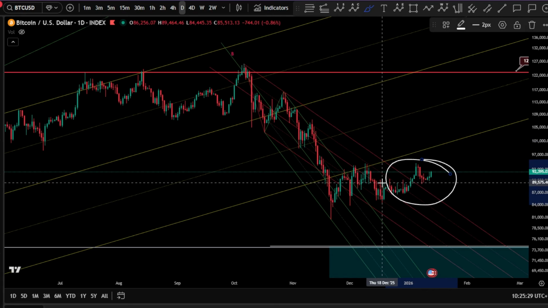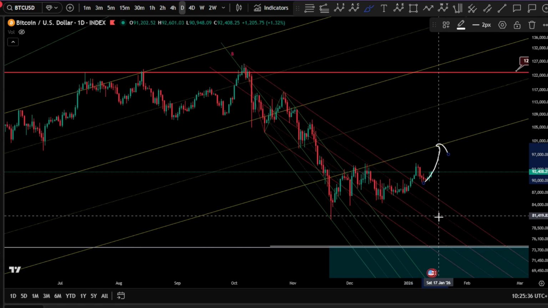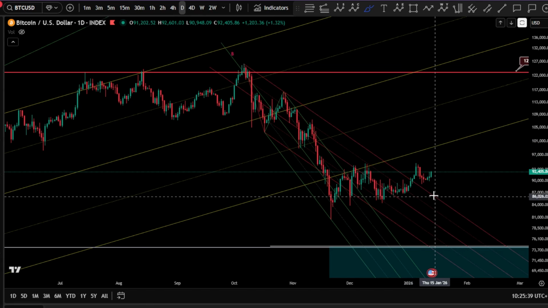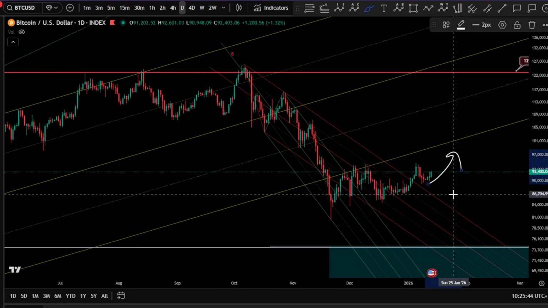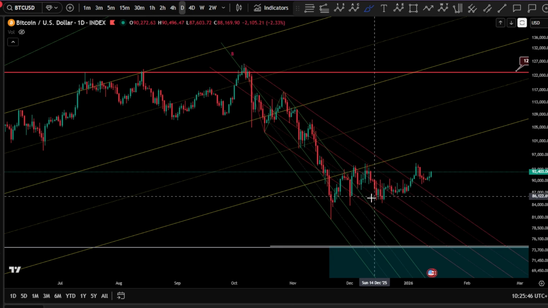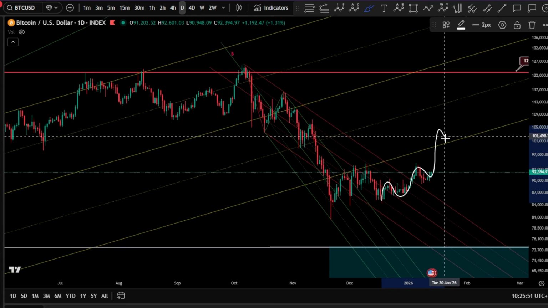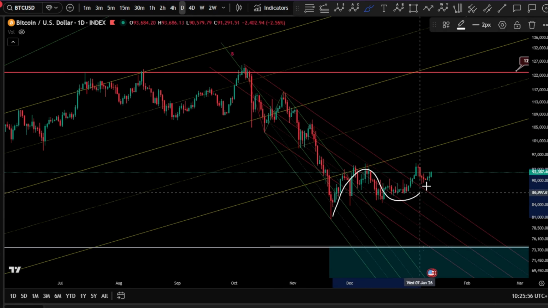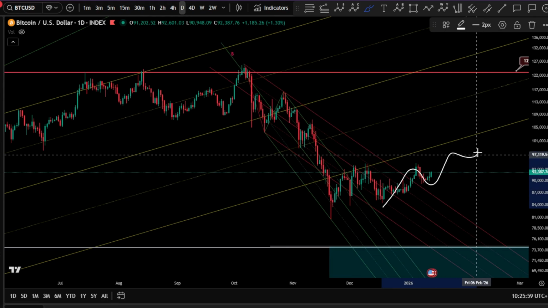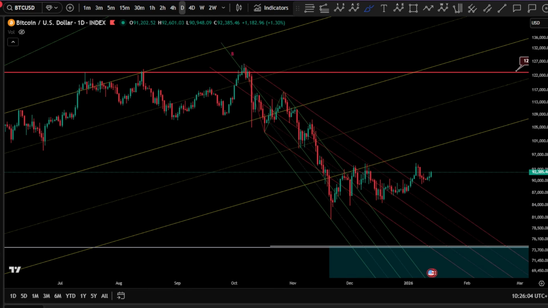So by all means, based on the channeling and the price here, the price did not even touch the base channel again, and it has continued the push towards the upside here in green. This is a signal of strength that Bitcoin is still looking for higher, even if it is corrective or even if it is in double 1, 2, wave 3, 4, 5. This is very bullish. But in case we are in an ABC, it can also be a 1, 2, 3, 4, 5. We're going to see those scenarios on the daily within the labels and the targets.